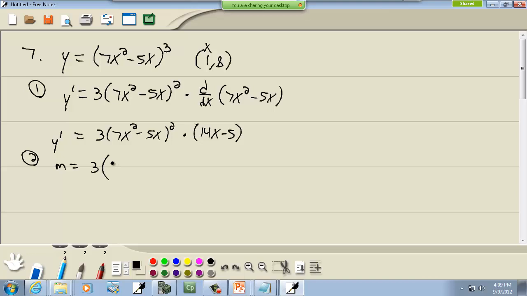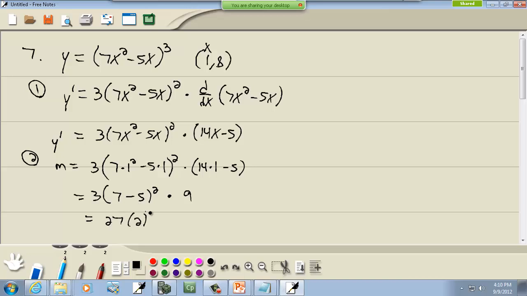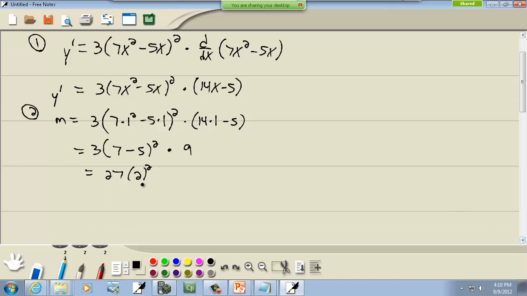So we'll plug 1 in for x. So we've got 3 times 7 times 1 squared minus 5 times 1 squared times 14 times 1 minus 5. Well, 1 squared is 1 times 7 is 7 minus 5 times 1 is 5 squared. Over here we got 14 times 1, which is 14, minus 5 gives me 9. 3 times 9 is 27. And 7 minus 5 is 2, so we got 2 squared,